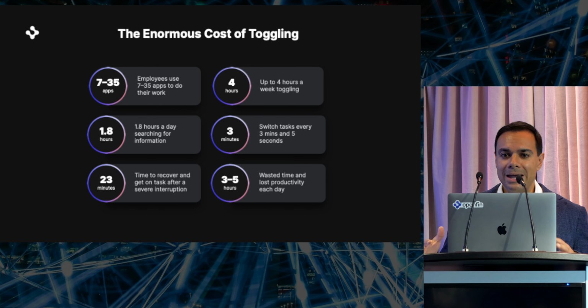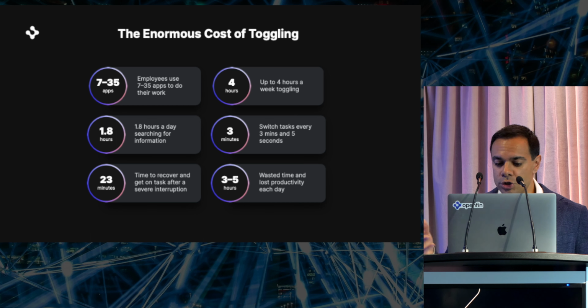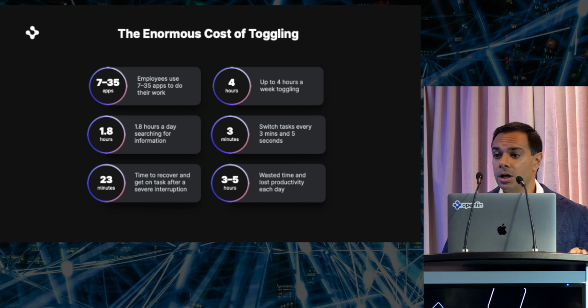On average, depending on the end user, they may be using anywhere from 7 to 35 apps or more to do their work. They could be spending up to 4 hours a week just toggling between those apps, 2 hours a day searching, spending a lot of time recovering after interruptions. And what this all adds up to is a huge amount of wasted productivity. It could be anywhere from 3 to 5 hours a day, which is a huge, enormous cost, a huge hit